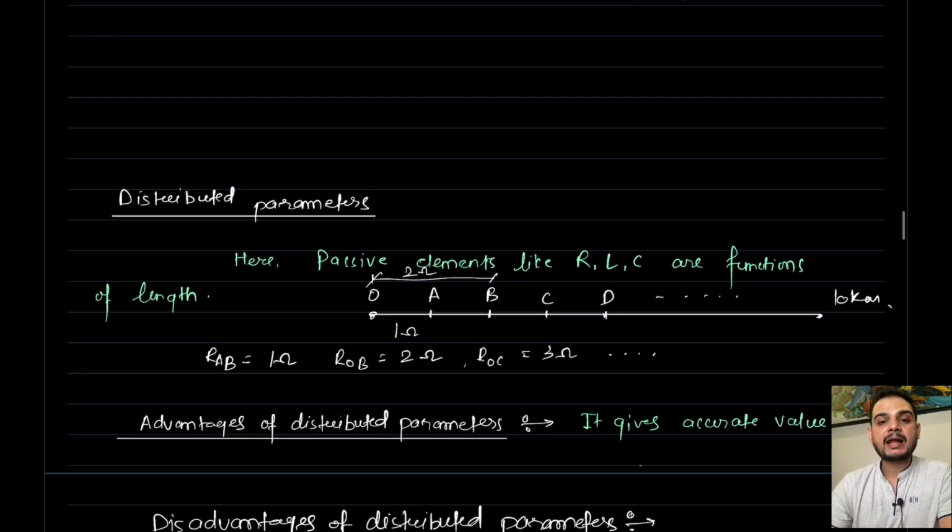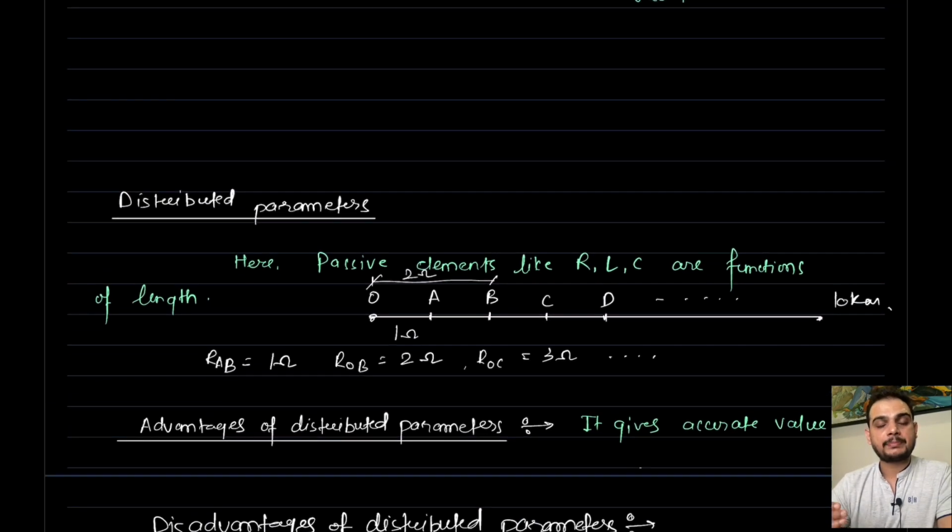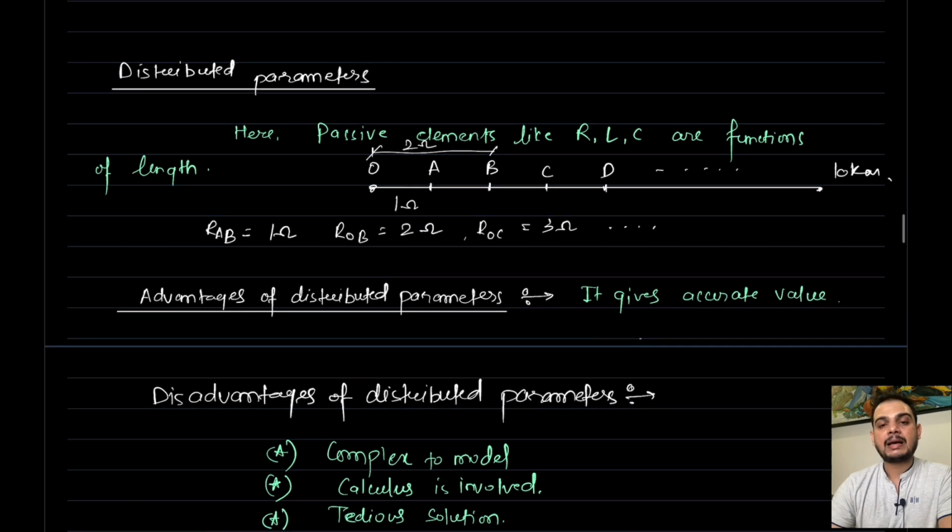That's why we can't use the lumped parameter or abstract model for the analysis of a long transmission line, but we can go for short and medium transmission lines with some approximations. We will get approximate answers there, but in case of the distributed model, for the analysis of a long transmission line, we will get an accurate answer with the help of distributed parameter or absolute model.